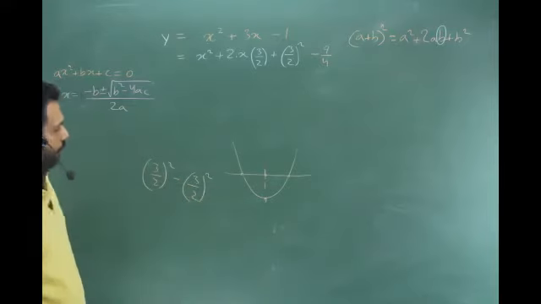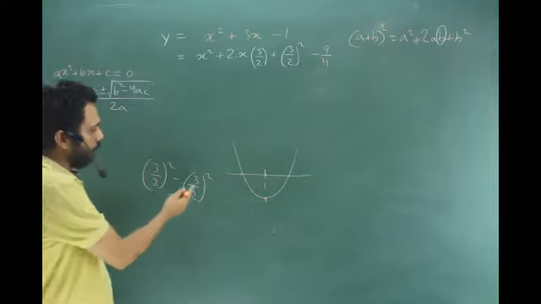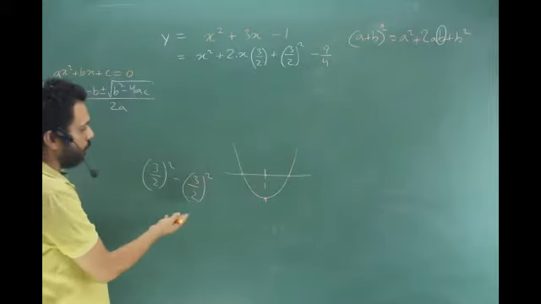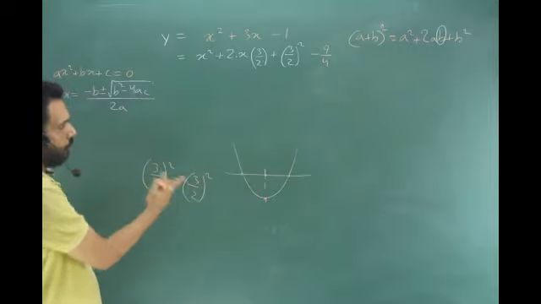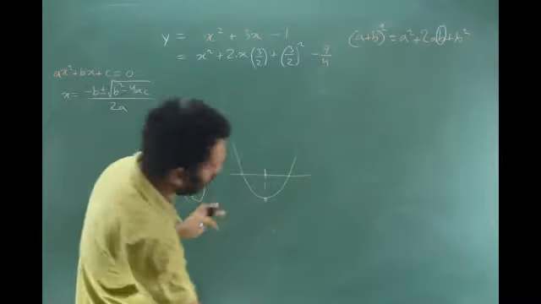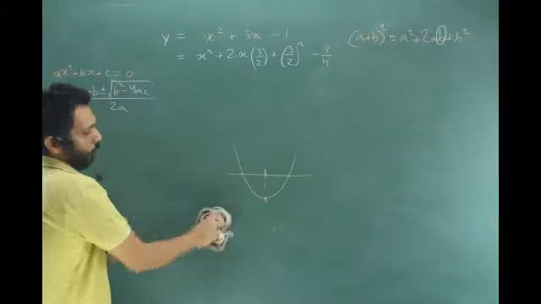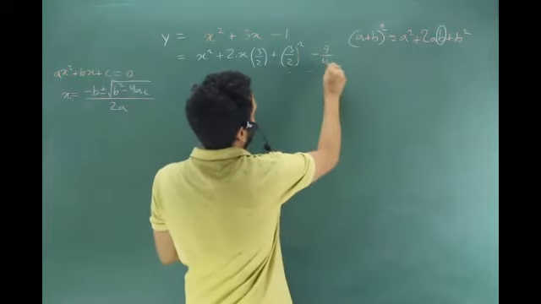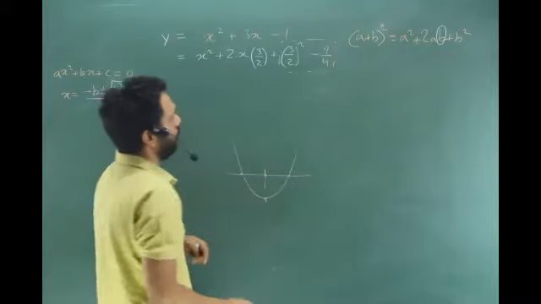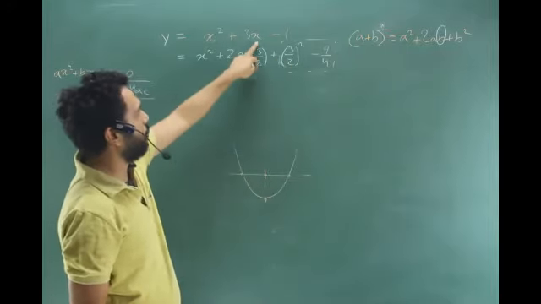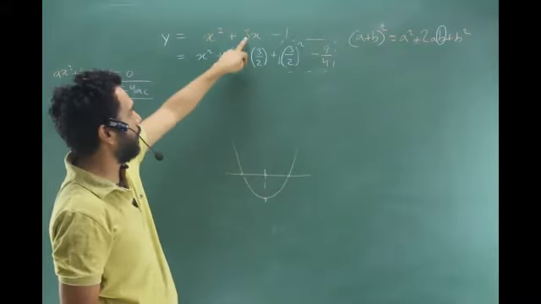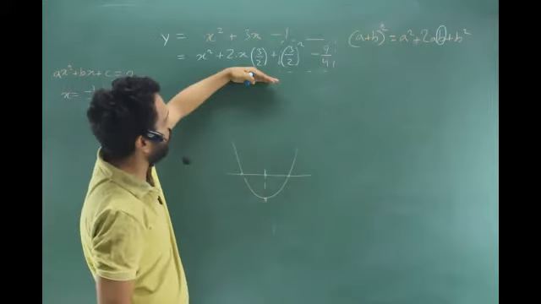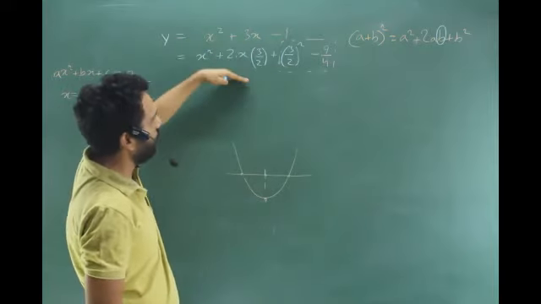One year I've seen a very weird thing people doing. They were saying, okay, this is 9 by 4, but since negative squares are positive, this is a plus 9 by 4. How did they make this minus as plus? God knows. So from then onwards, I've started putting it very carefully. So what we have done here is we have put a 3 by 2 whole square and we have removed it. How did we get that number? By finding the b. How did we find the b? By making it as a 2 into x into something, right? But is this question, Mr. Yash, same as this question? No, sir.